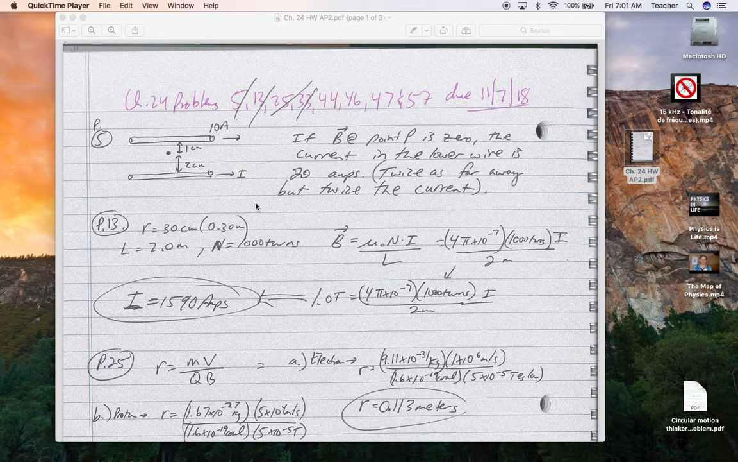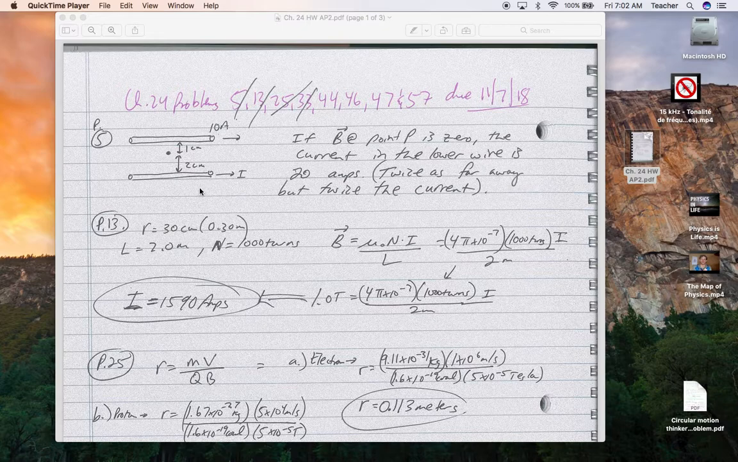So for P5, we've got a wire with 10 amps, one wire with an unknown number of amps, and a point here, 1 centimeter from the top, 2 centimeters from the bottom. And the question was how much current's going through the bottom wire if the magnetic field is zero at that point. Well,